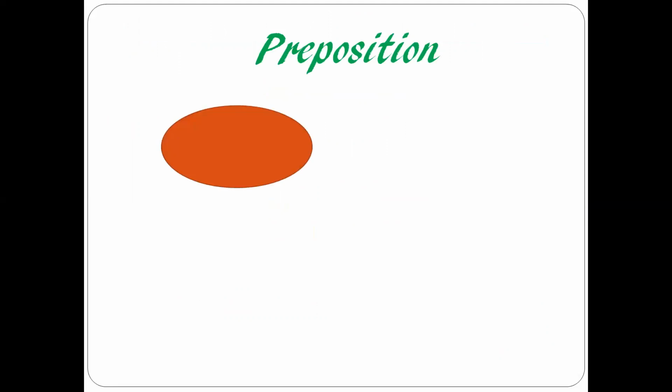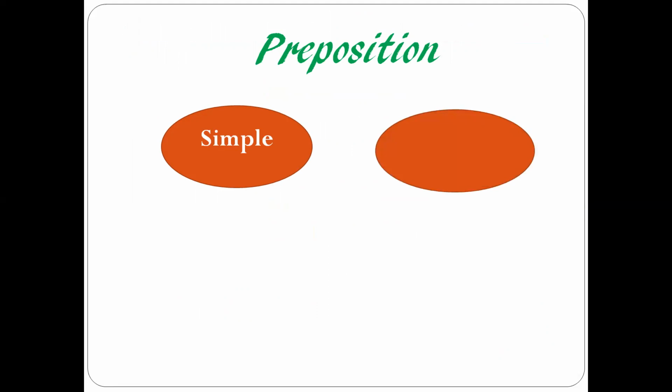Today, we are going to discuss two kinds of preposition, which are simple and complex. So what are simple prepositions? There are other types of prepositions as well, but today we will only discuss two, simple and complex. Simple prepositions are those where we use only one word as a preposition, right? For example, in, at, into, by, to. So these all are one word which we use as a preposition. So they are simple prepositions.